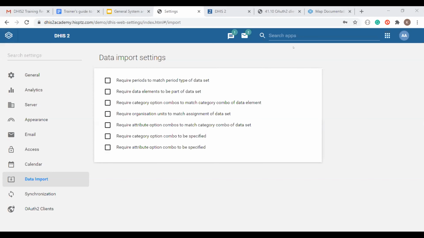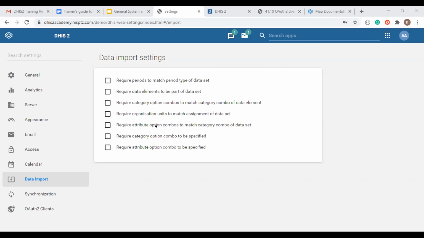Let's say you have a ministry, it has a couple of partners, or you have a project and it has different partners. So to enable that and make sure that data doesn't get interfered, because they'll all be using a single data set, but also they'll be capturing data on the same period. So if that is not well configured, you might find yourself that the other one overwrites the existing data. So it's mainly used to make sure that each of the partners captures their data